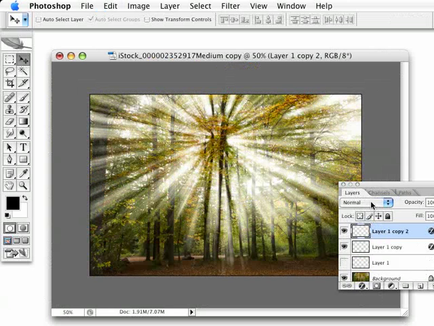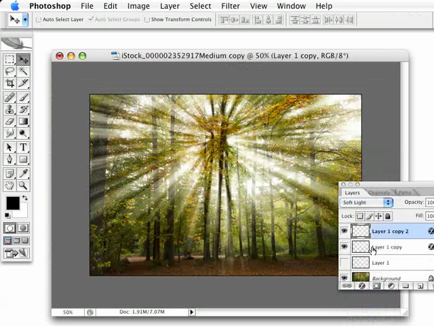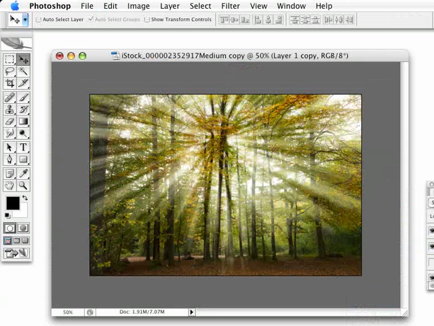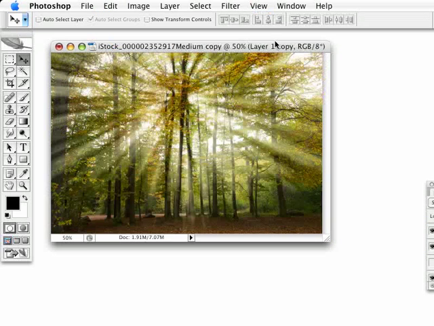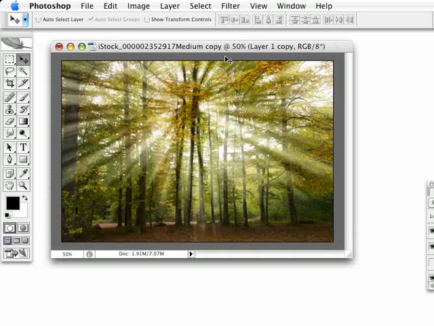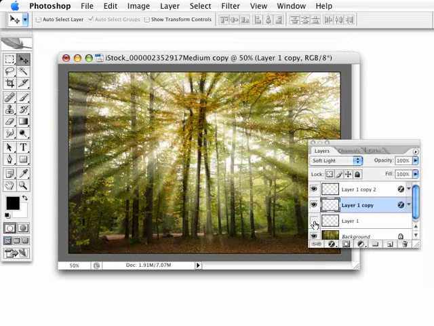Now I'm going to change both of these layers' blending modes to soft light. Do that one, and we'll do this one. And that pretty much completes our sunlight effect. Now it's not completely done, because that sunlight's piercing through, it'd be showing up here on the foreground, down here on the ground, wouldn't it? That's what this other layer is for here. I'll go ahead and turn that on,